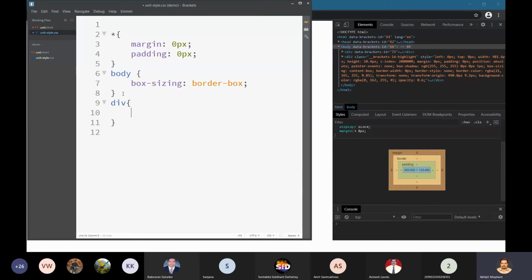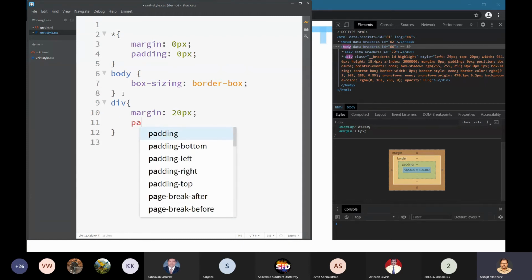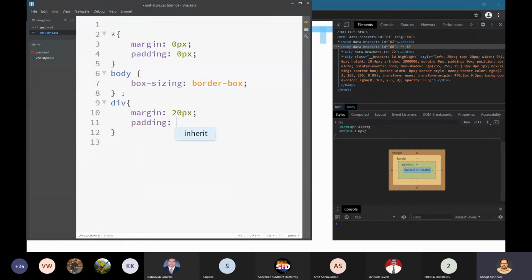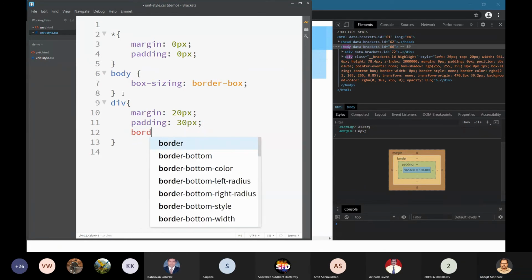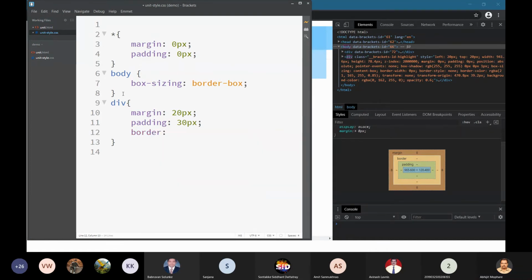And here I will set the margin of this div tag as 20 pixel, padding of this div tag as, say, 30 pixel, and border, let's say 5 pixel border.